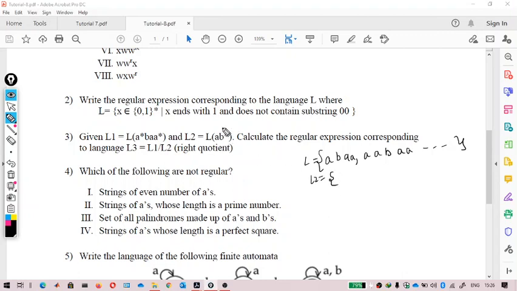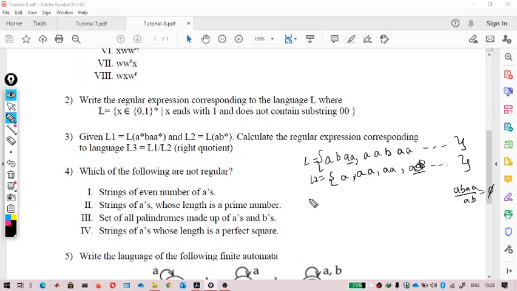If I take the value in B star, all the strings in that one end with A, so I should not include B in that language, because if I include B, nothing comes out of it by adding the number of B's here. I can only add the number of A's here. If I add a number of B's also, it would not be the right quotient. The answer will be nothing. If it is ABB and AB, the AB is not common on the right-hand side, so the answer is nothing. That is why I'm not adding the strings that end with B in this.